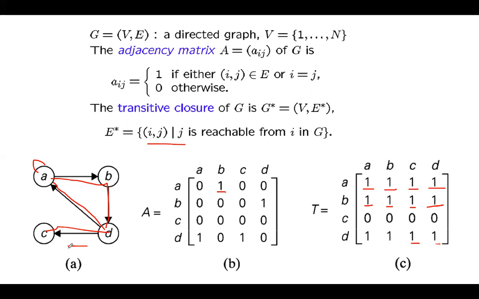This matrix represents all the nodes that are reachable from each other. When you see the matrix itself, the graph is not at all required. You can easily say that from B I can reach all the vertices. From A also I can reach all the vertices. From D also all the vertices are connected. From C none of the vertices are connected. So this gives us the information about the reachability of vertices from each other, whether we can reach one particular vertex from another particular vertex. So this is the transitive closure matrix for this given graph.